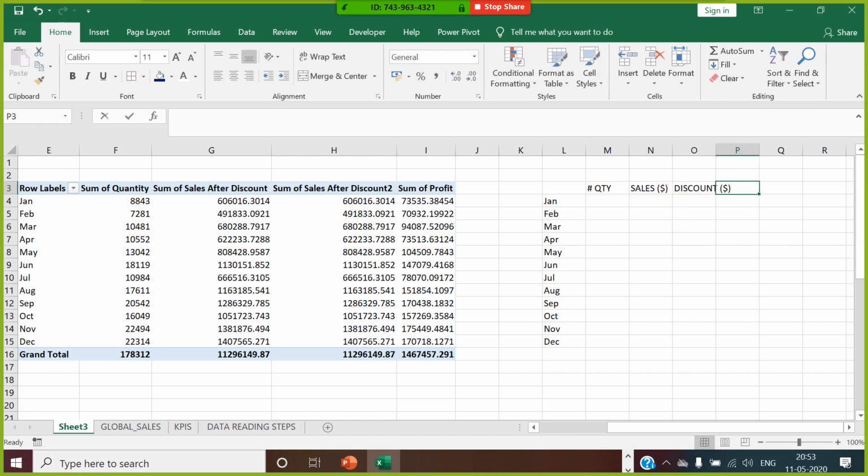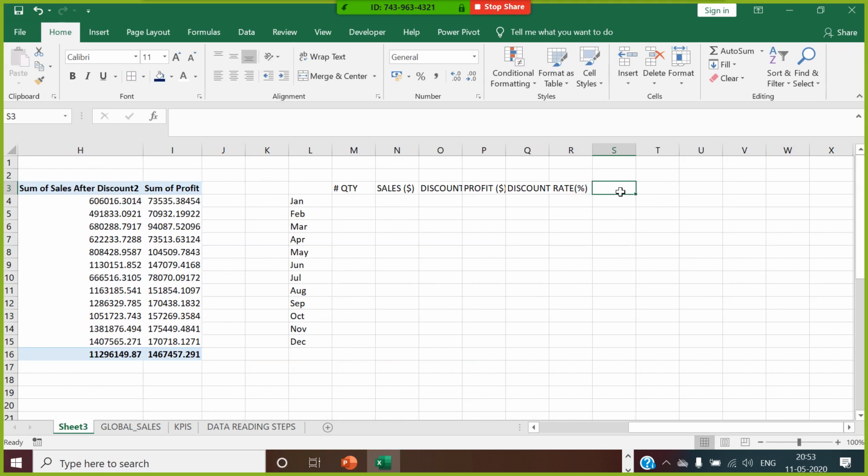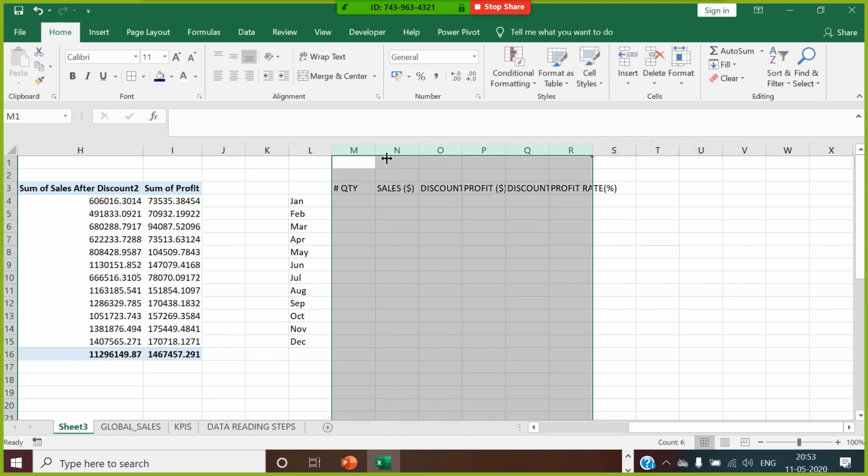You get it over here, profit in dollar. Then you get discount rate in percentage. You define profit rate in percentage. Select all these fields over here.